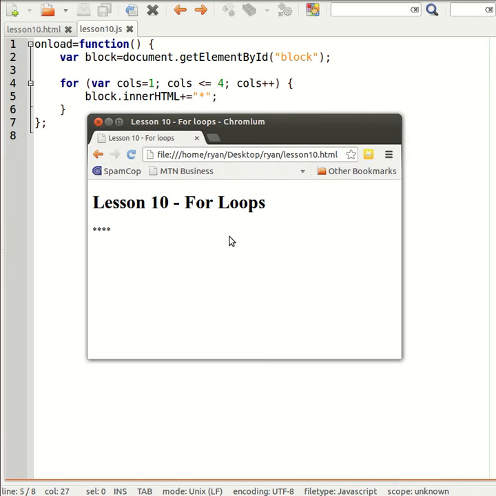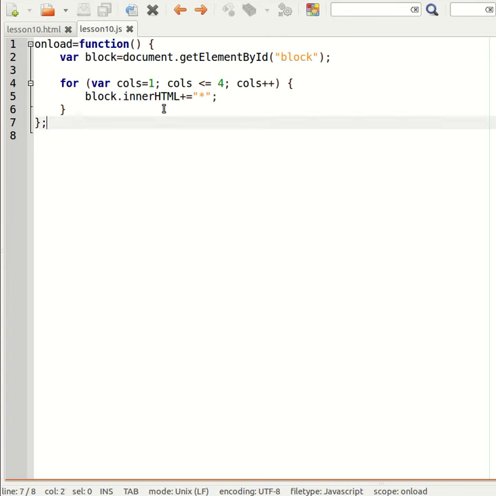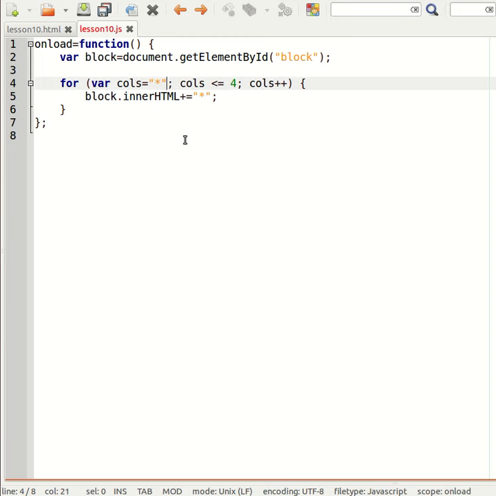So there we have 4 stars next to each other. The temptation would be to actually assign this to be a star and then increase that, but you can't do that because a star plus 1, you can't add 1 to a star, it's impossible. These need to always be numeric in nature. Okay,